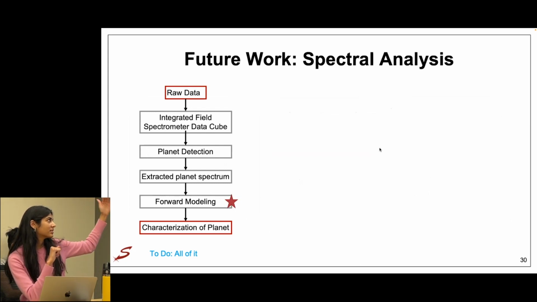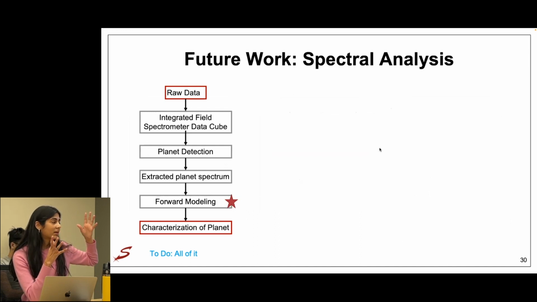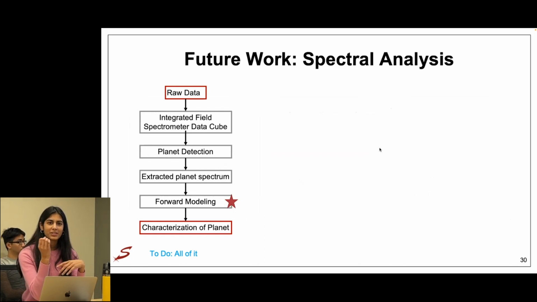As of right now, this is just the main pipeline that is currently used. The raw data from the direct images and the IFS is turned into a data cube. So you can imagine for each, it's called a spaxel. It's not a pixel, it's a spaxel. For each spaxel, you have wavelength information. And so the idea is that you can take that data cube, detect where the exoplanets are, and then just for those regions, flatten out the